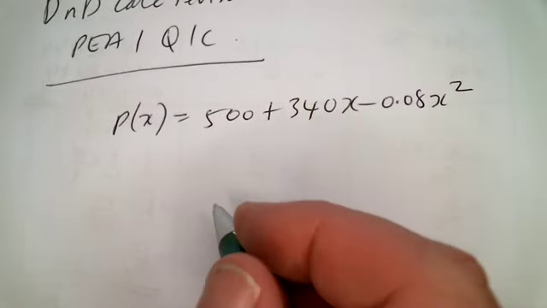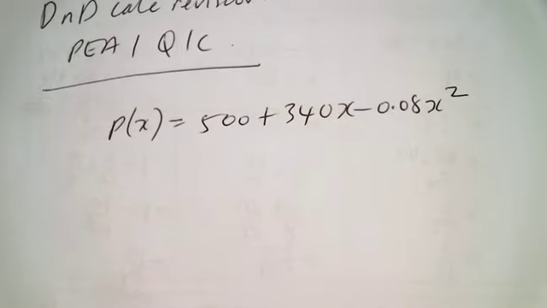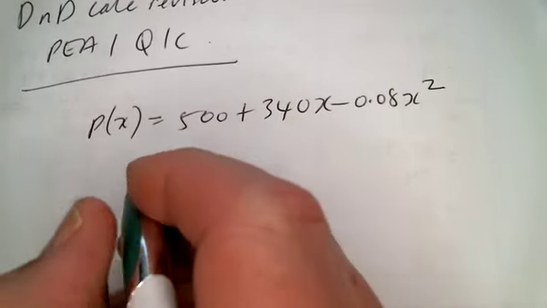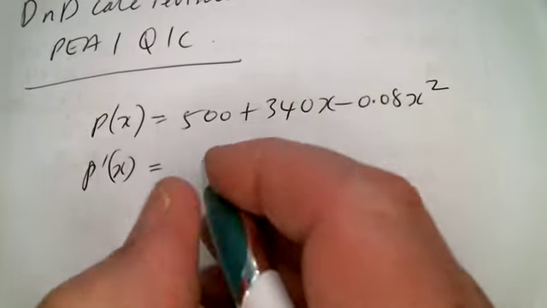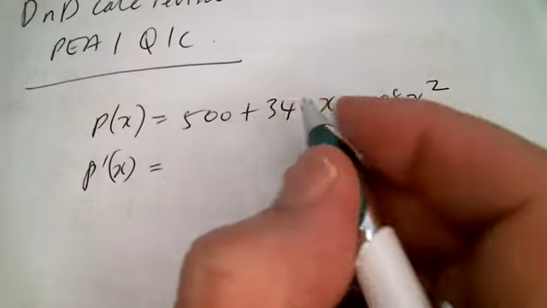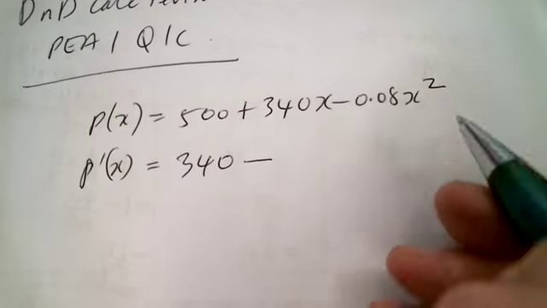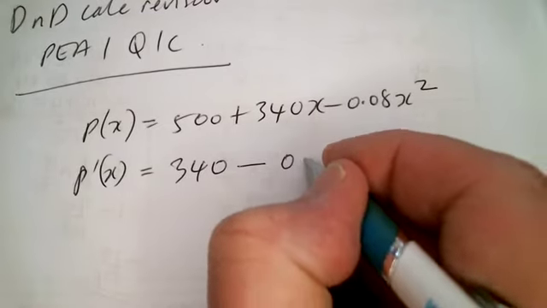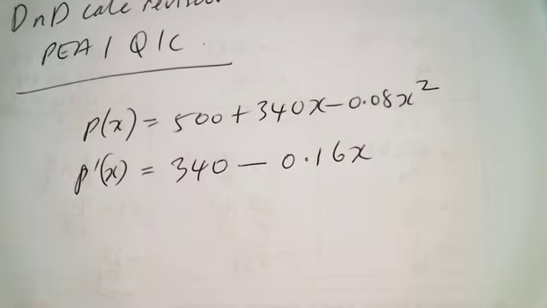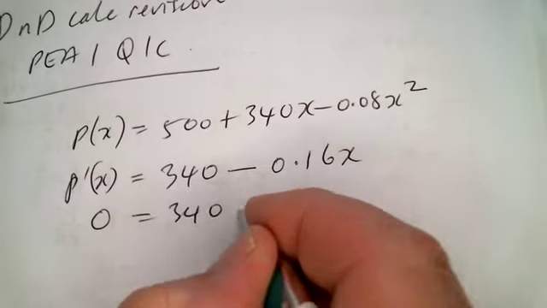All right, so to start off, we just need to differentiate to find a maximum, to find the gradient function, if you like. So P dash x, or P prime x. So I'm going to differentiate. 500 drops away. I've got 340. The x drops away. And I've got minus 2 times 0.08, which is going to be 0.16x. So it's a maximum, of course, when P dash x is 0, so 0 equals 340 minus